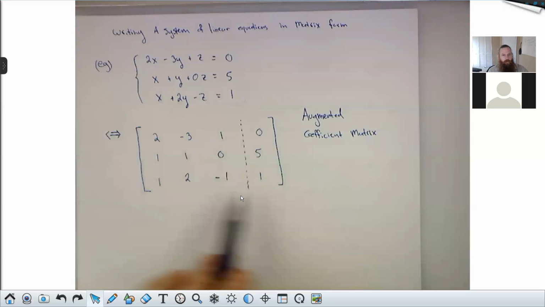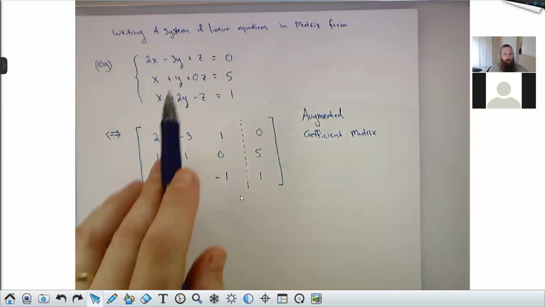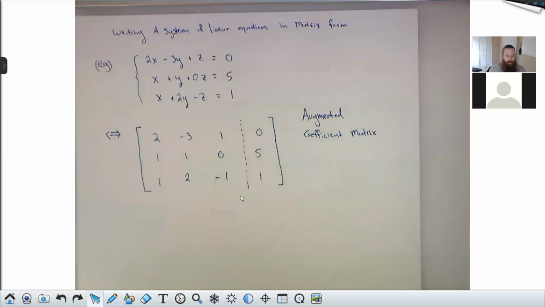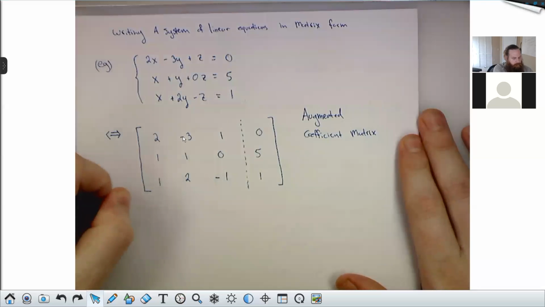I'm not going to go through and solve this system using this matrix because I just pulled it out of thin air and I have no guarantee that there is a nice solution. I just wanted to show you how to write down the coefficient matrix for a system. And then the move from here to solve the system